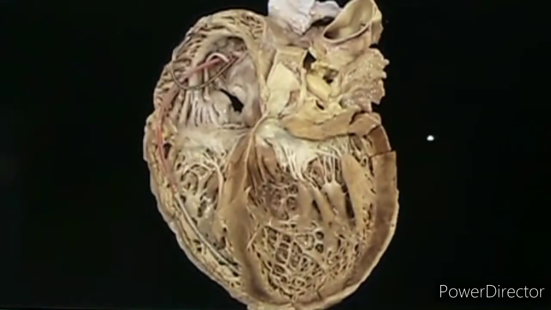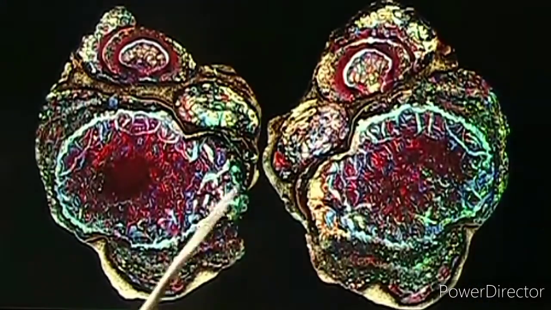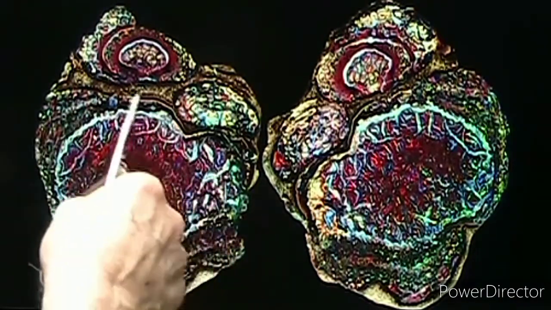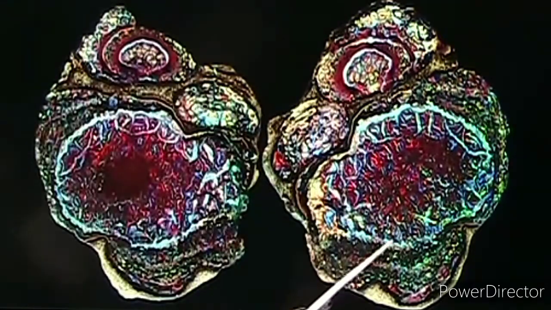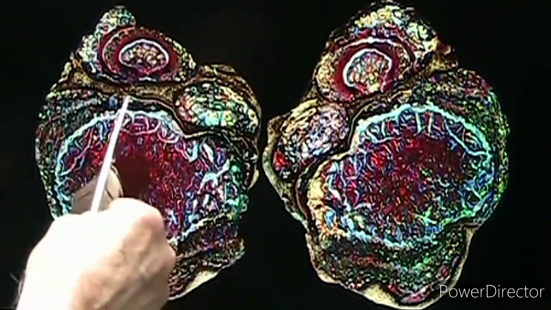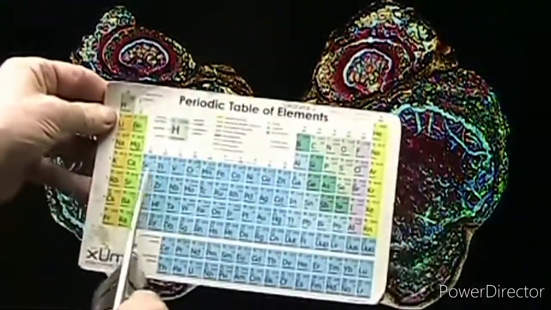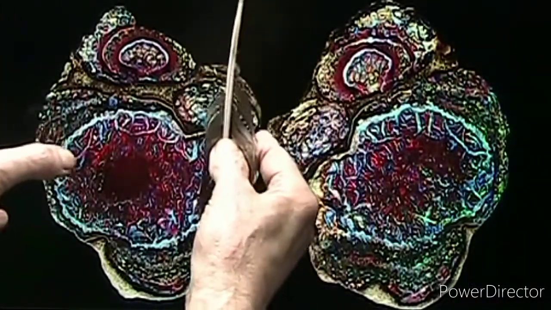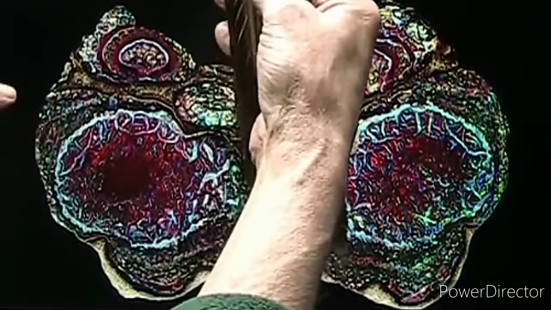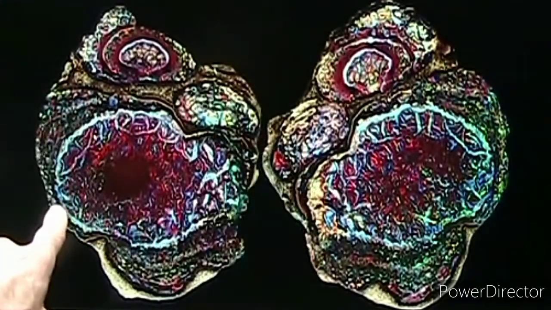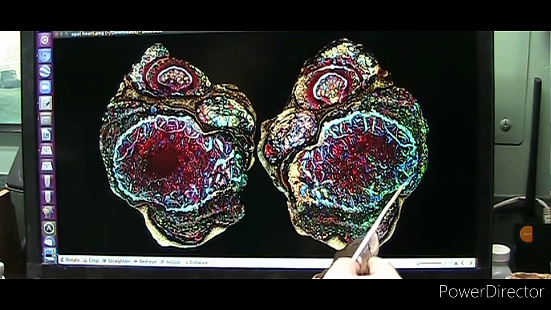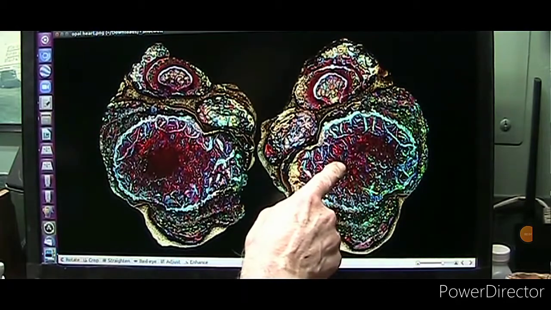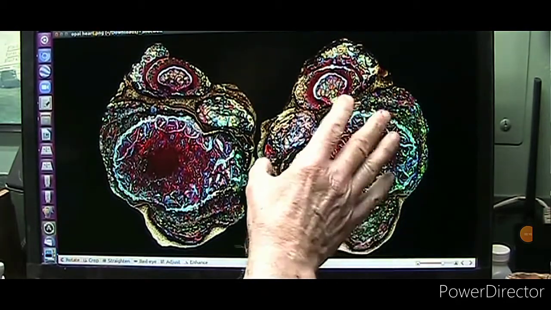Just like I told you, every one of these different fabrics and different tissues has different jobs, which means they have different chemistry, which means that when they become stable, they want to find a transition metal to invade them, which is called, remember, nucleophilic invasion. It means one molecule wants to find another one, and it has like 6 extra electrons. It looks for something that has 2 electrons, and that makes it 8. You're good to go. There's a lot to think about, but I can tell you one thing for sure. This thing died laying this way, and that is where the heavy metals, and metals are heavier than the plasma blood, which